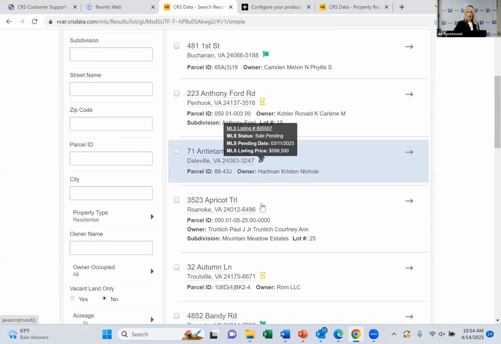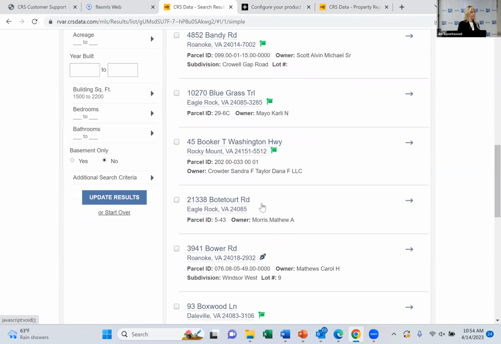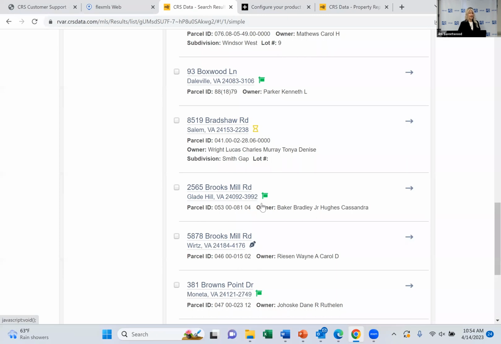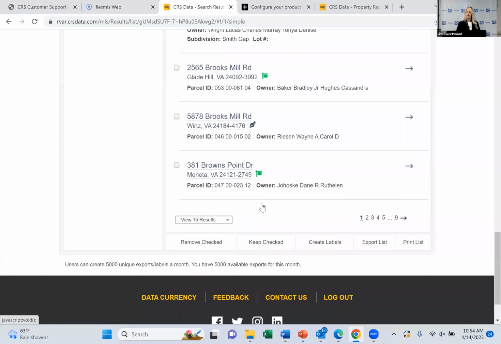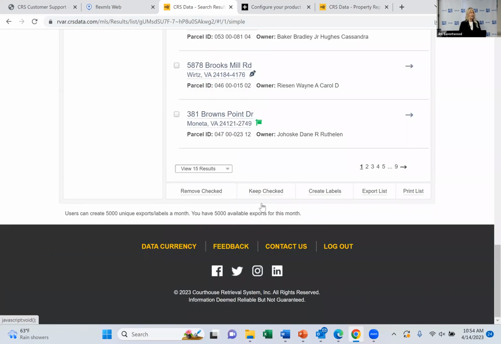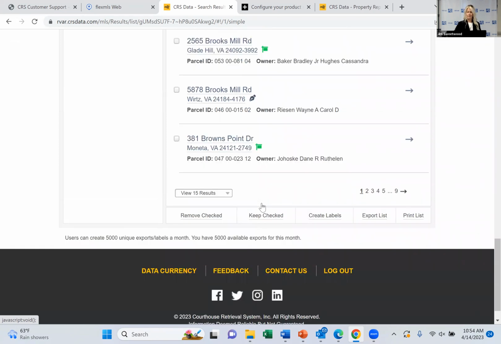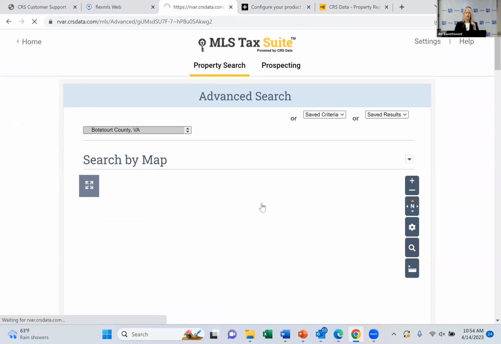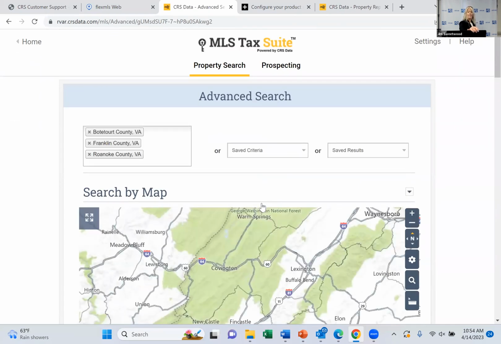All right, all with the refine results down the left-hand panel. Check boxes to remove or keep. Tap on the address to see and review the property report. See more by tapping on view more, export, and even create labels. All of those things still exist here. Now, one more time, folks, we are going back to search, and then we're just going to go right back to the home screen,